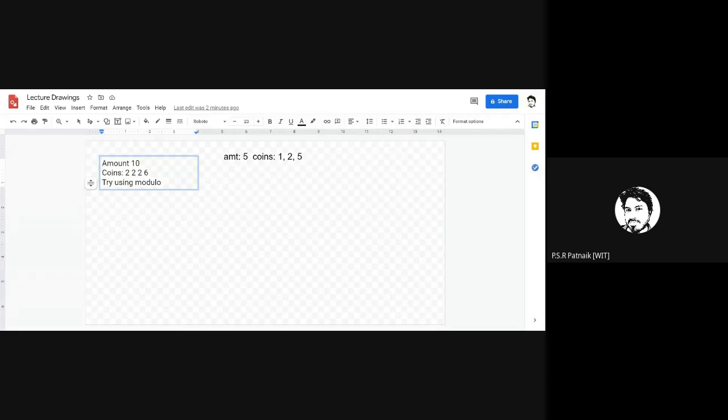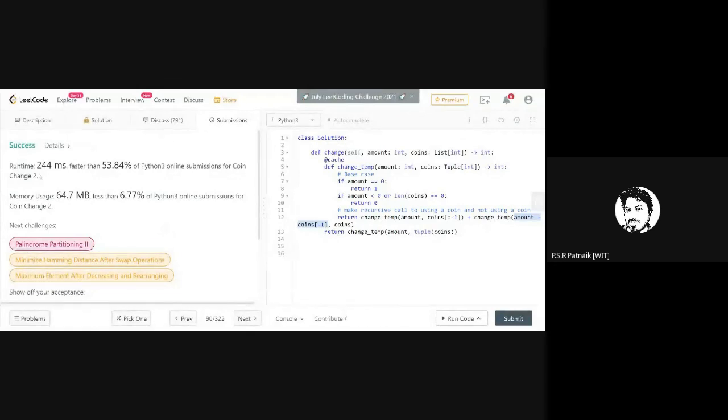What I want for every student is to understand this problem. And I want you to reduce this time. What I'm getting is 244 microseconds and faster than 53%. If you implement modulo and retain the same cache logic, your condition will change here, and the way you are passing amount minus this will also change.